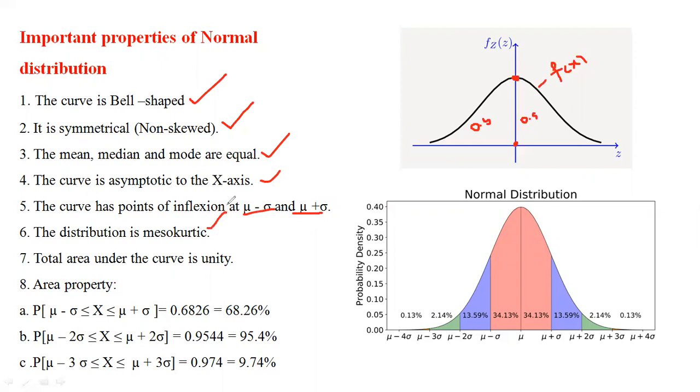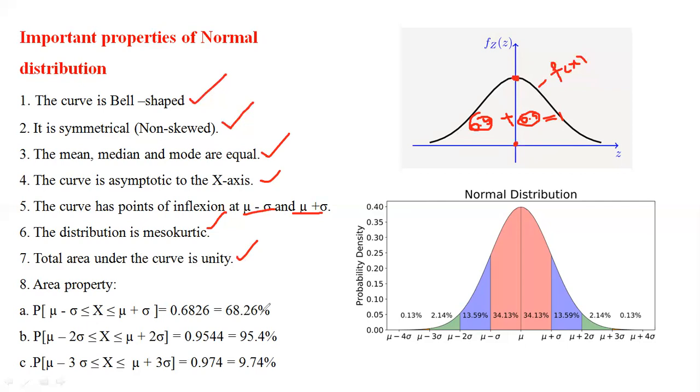As we discussed in skewness and kurtosis, you can refer to that. So this type of curve, when the mean, median, mode are all the same, this type of kurtosis we call mesokurtic. And the total area under the curve is unity. You can see from the line, the left side has 0.5, and the right side has 0.5. If we add, we will get 1. Therefore the total area under the curve is equal to 1. That is called the total area under the curve is unity.